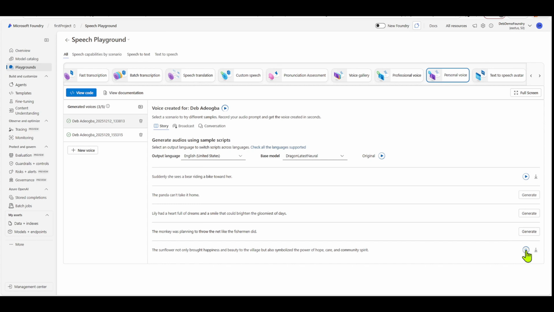The sunflower not only brought happiness and beauty to the village, but also symbolized the power of hope, care, and